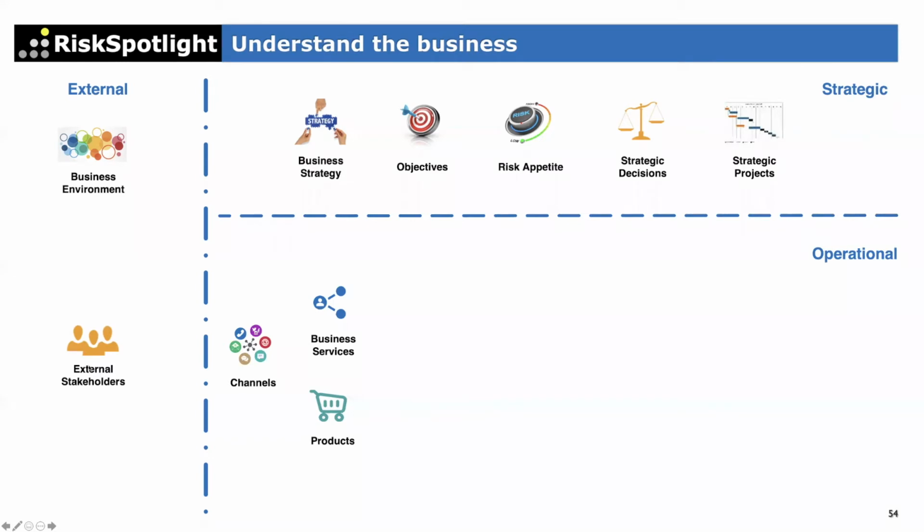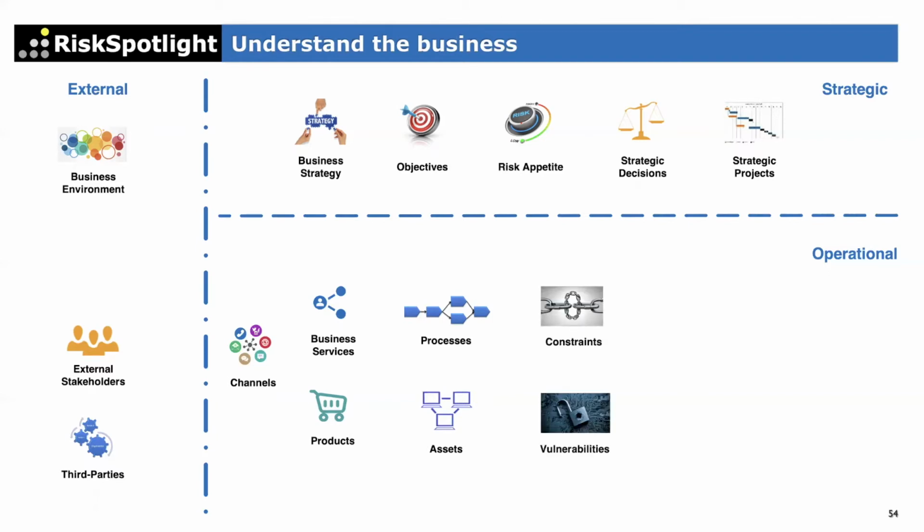In this case, customers would be those stakeholders who are receiving those products and services through the different channels. But in order to deliver those products and services, we need to have business processes in the organization, and we need assets. Assets can be buildings, laptops, servers, information. And we are also dealing with third parties who sit outside the organization on that left-hand side. So those three become important components: if we want to successfully deliver products and services, then those processes, assets and third parties should not have any disruption. They should be running smoothly.